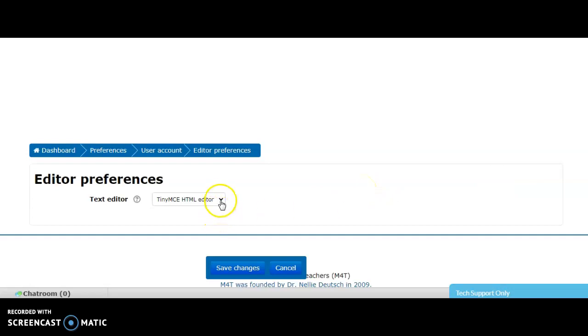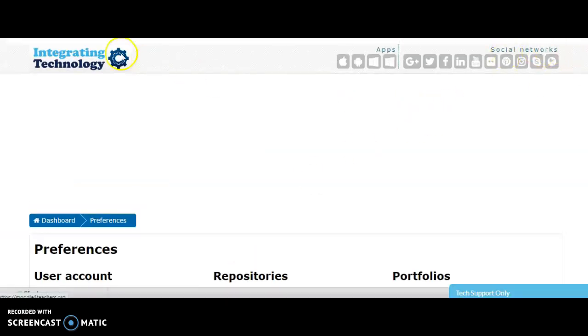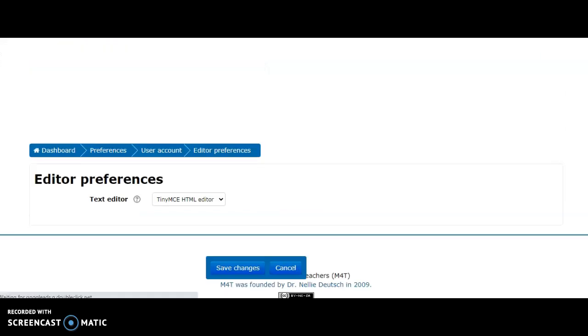If you want to change this text editor, you click on this button and you will see a drop down menu and you can select the editor which you want to use. Since I would like to work on Tiny and HTML, I will continue with this editor only. If you select another editor, then you have to click on save the changes. Once we have done this, now we'll go back to